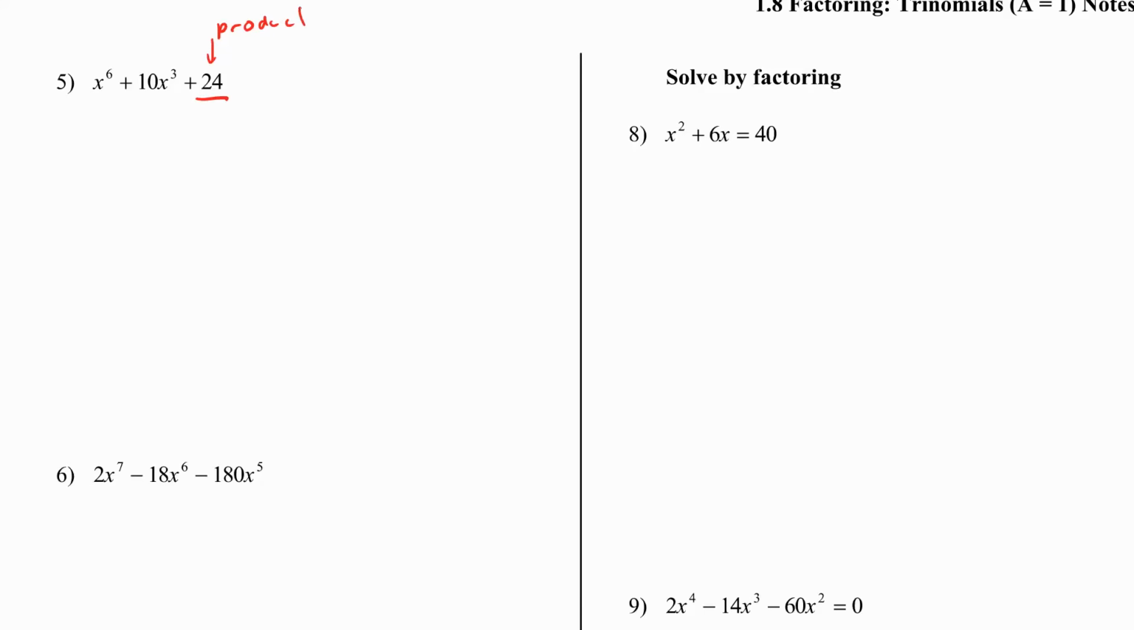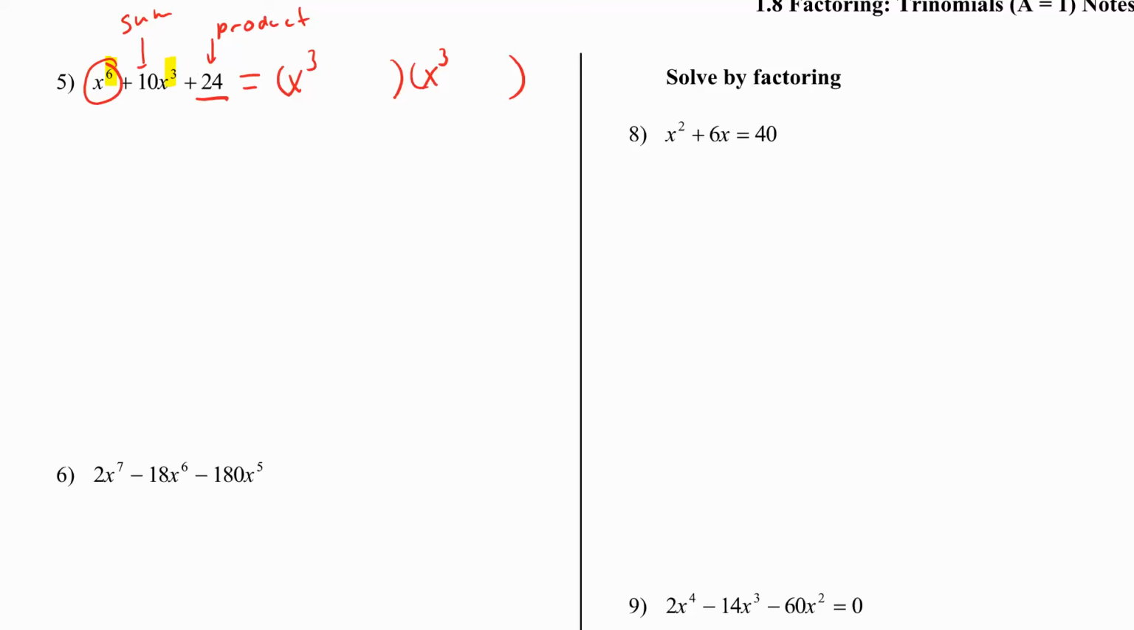So we're looking at two factors of 24, and then their sum has to be 10x to the third. So we can start this real quickly. We know that first term has got to be x to the third, because when we multiply them, x to the third times x to the third is x to the sixth. Okay, and notice also the exponents, that's 6, the next one's half, so we can go ahead and use this